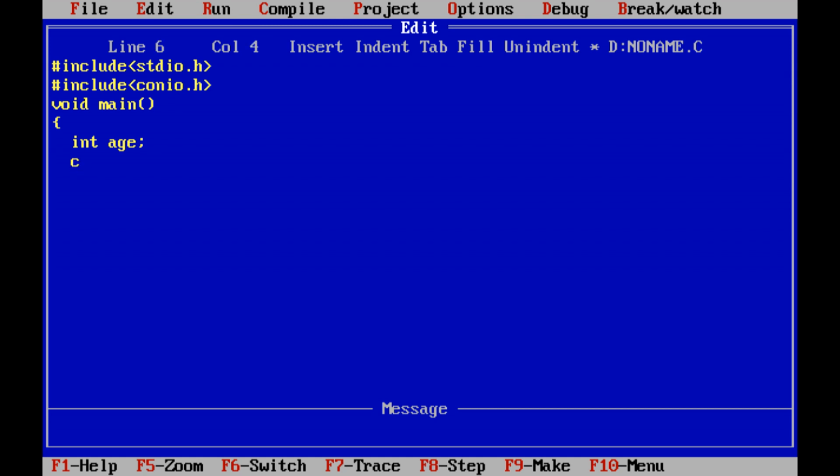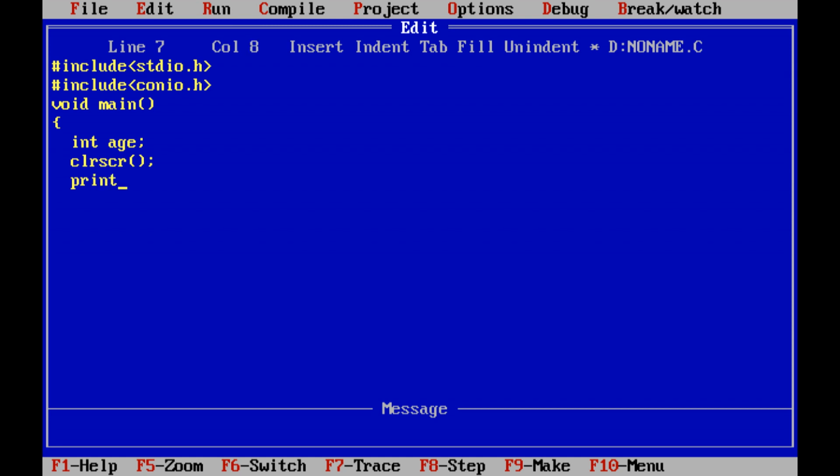Next one, clrscr. That is the clear screen function. It clears the output screen. This function is available in the header file conio.h, so we have to include this header file in our program.